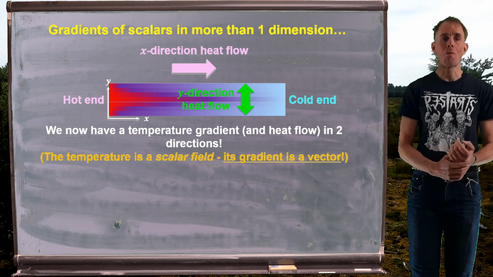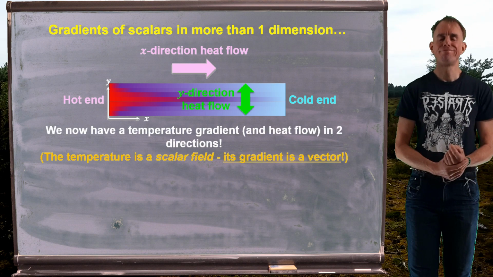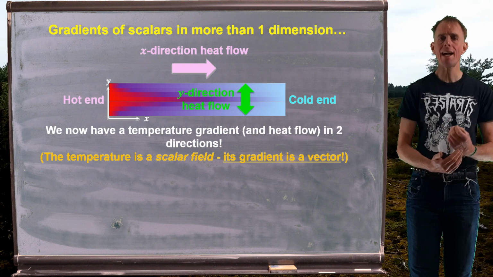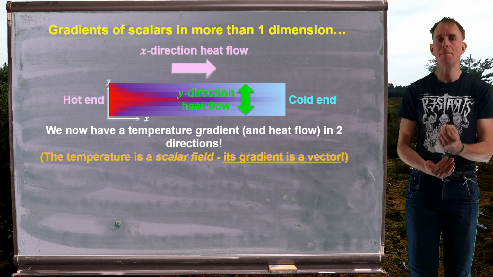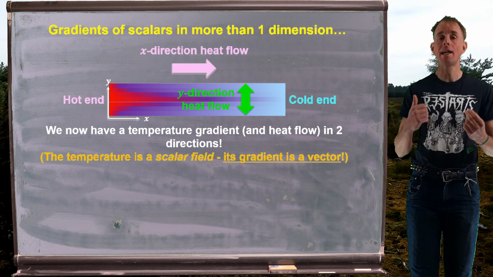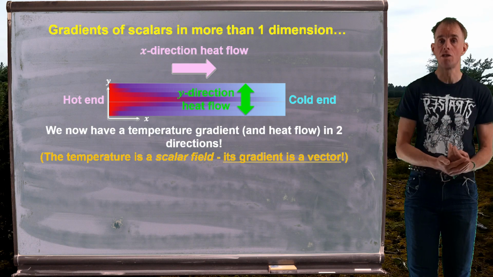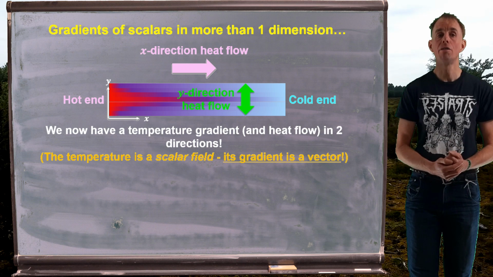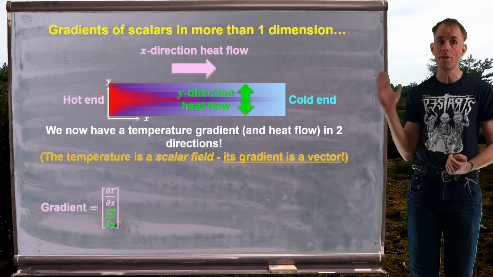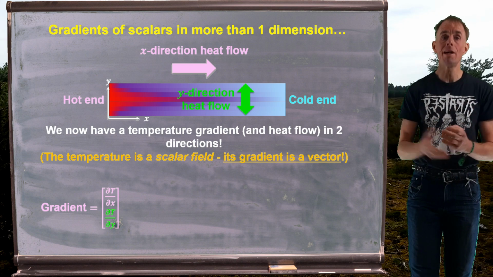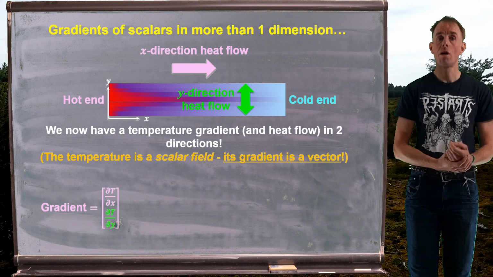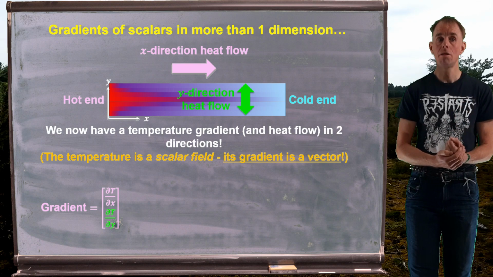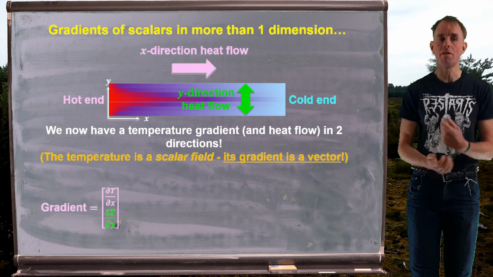So now when we talk about gradient, we've kind of got a gradient both in the x direction and the y direction. So even though the measure of temperature is a scalar quantity, it can now change in two different directions. So the temperature gradient, strictly speaking, is now a vectorial quantity. And we can write the vector thus. It's, for two dimensions, a column vector with two entries, where we have the gradient of temperature with respect to the x direction in the first row, and the gradient of temperature with respect to the y direction in the